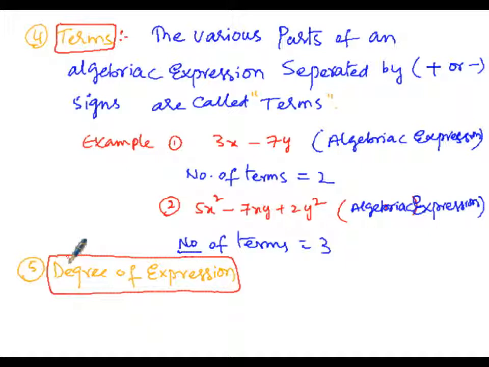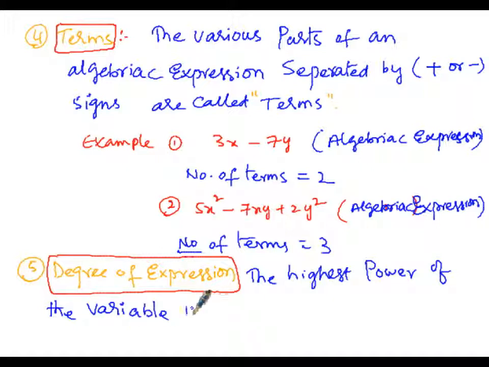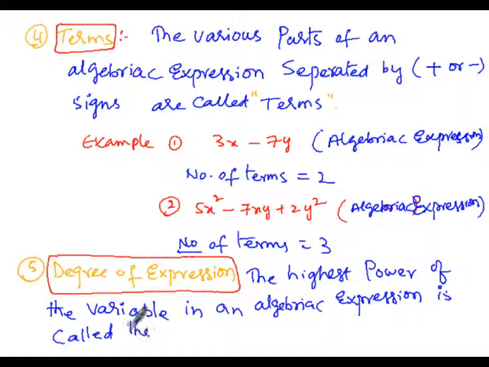Now here the highest power of the variable in an expression, or in an algebraic expression, is called the degree of the expression. Let us perform one of the examples, that is